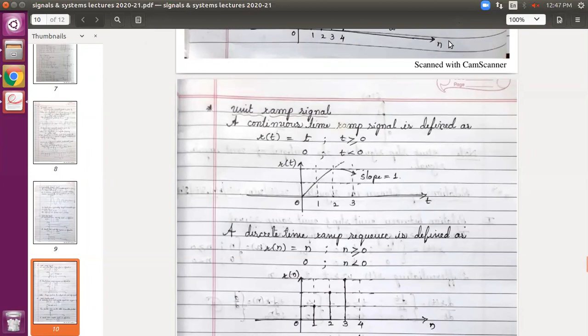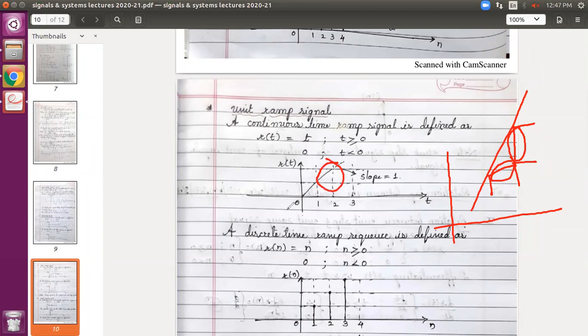Okay, someone has answered. Let's see. Yes, very good, Tasleem. It is because of the slope. How do you find the slope of any straight line? If this is a line, you take 2 points, you measure the distance and take the ratio, y by x probably. If you find the slope of this straight line, it is equal to 1.